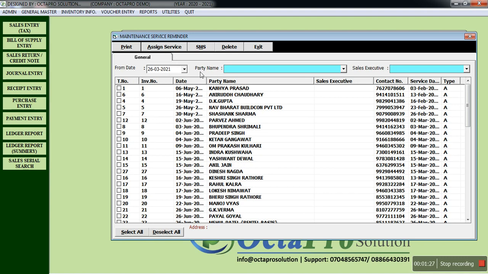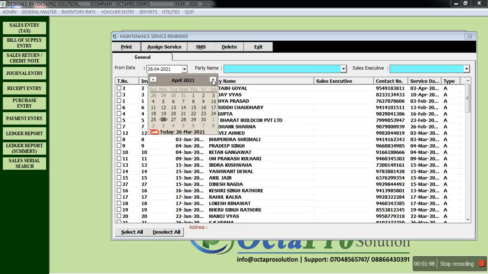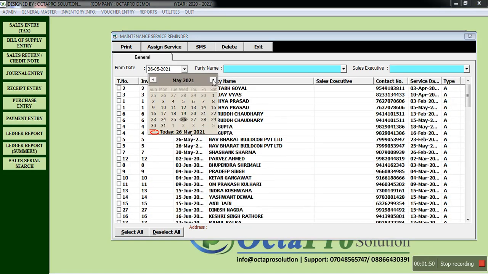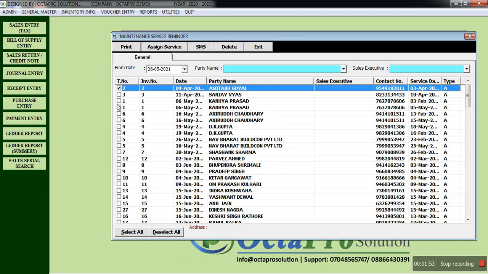The first one is the maintenance service reminder, which shows a list of due services. So at the time of AMC contract or sales, if you are giving 2, 3, 4 or any number of services, the software will automatically divide and give you reminders of these upcoming services. And if you wanted to check services for next week or next month, you can do that. Next, if you wanted to directly send messages to your customer, you can send from here. And if you wanted to directly register this service, you can register from here. We'll go into that in a later part.